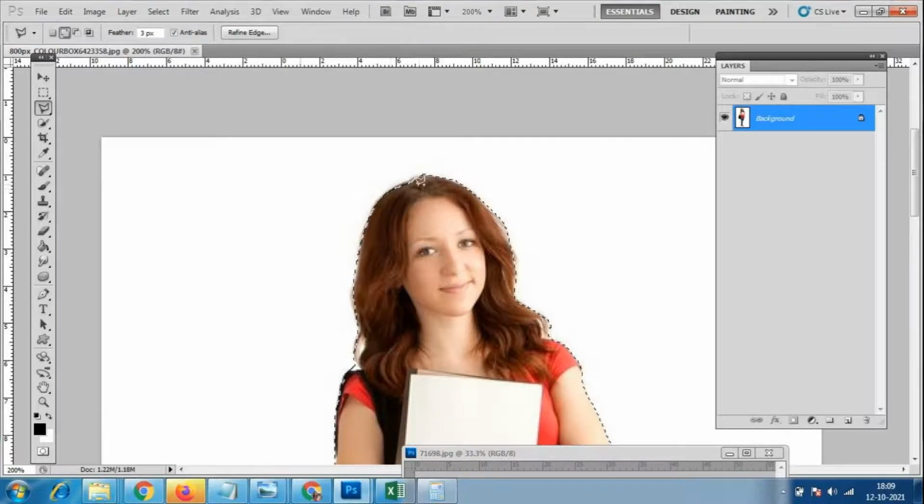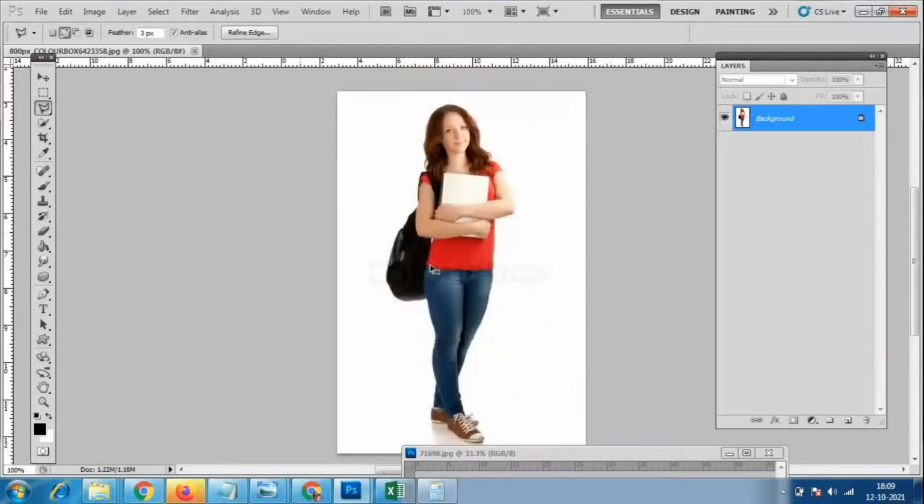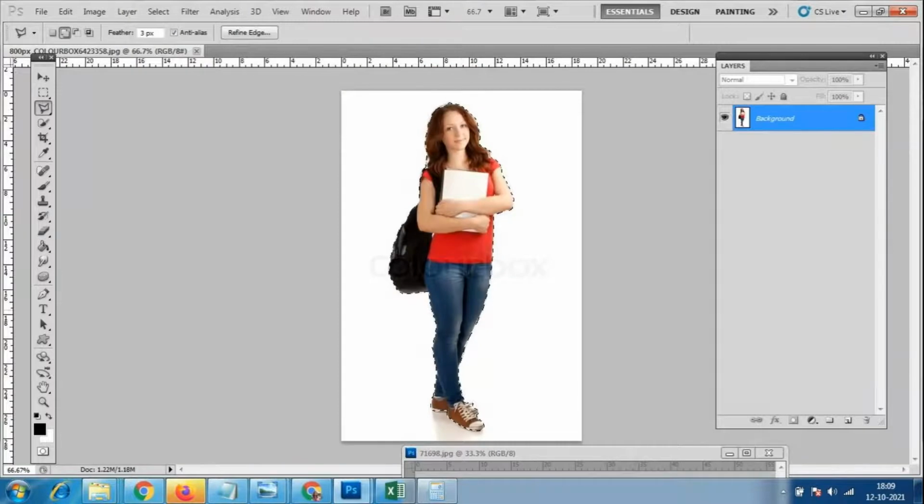I have started from here, and I have taken all these things. I'm selecting totally and neatly. When you people are doing this at the start, it will not come properly, but if you practice it, it will come nicely. I'll tell you easy tools also, but this tool is very important.